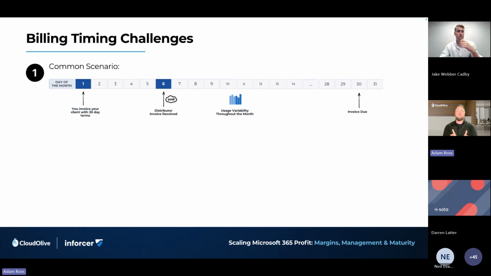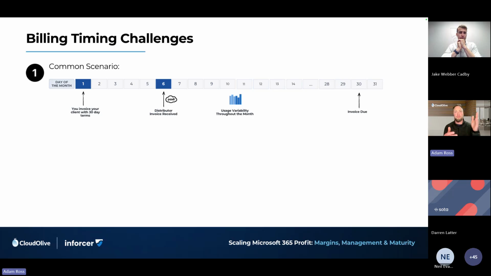So if you bill on the first and the distributor such as Pax8 invoices you on the sixth, there's just no opportunity at that point in time prior to you billing to get accurate source data. We talk about this a lot, but the invoice is the source data when it comes to all vendors. But really importantly, when you think about where 80% of your costs are living, and the moves, adds and changes, generally it's in that distributor invoice. And we just say Pax because they bill on that time. But if it's Ingram or Synnex or Geocom, or you pick the distributor or Microsoft Direct, whoever it is, the timing of that, and also when they expect you to pay, like their own payment terms, matters.